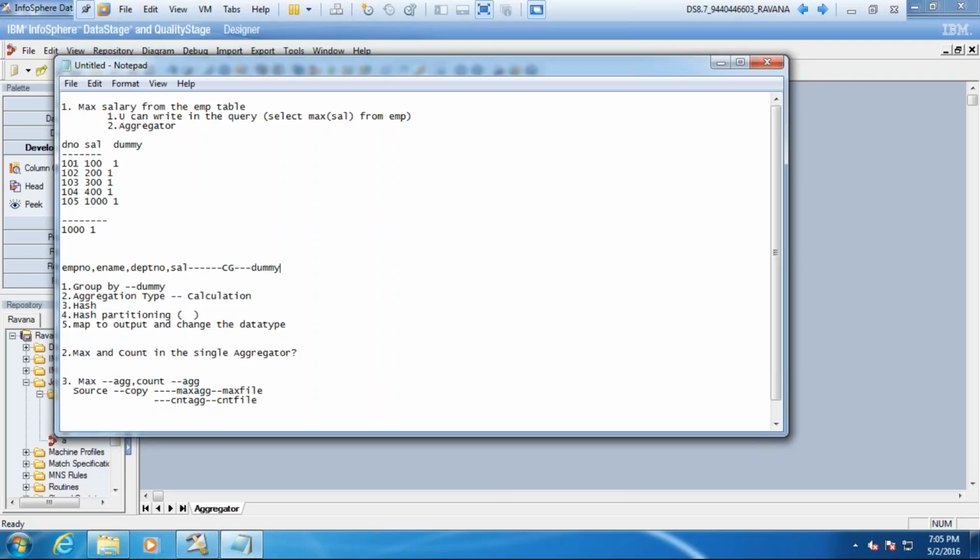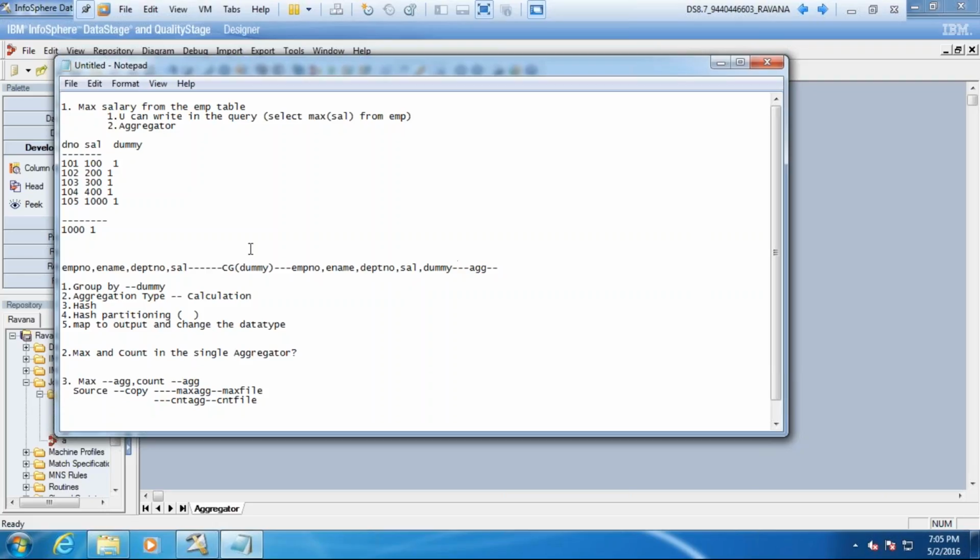So how many columns will come, sir? EMP number, E-name, DEPT number, salary, and dummy. So it will give 5 columns along with the dummy, and you connect it to the aggregator.